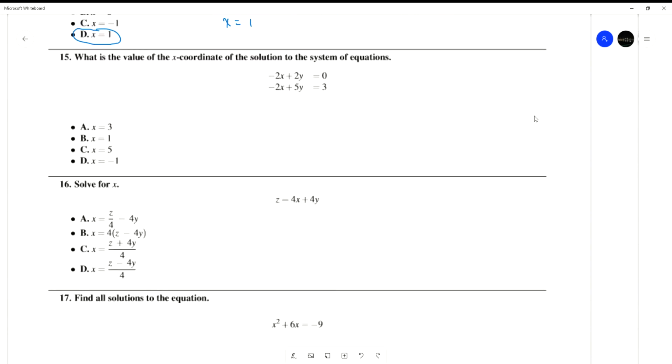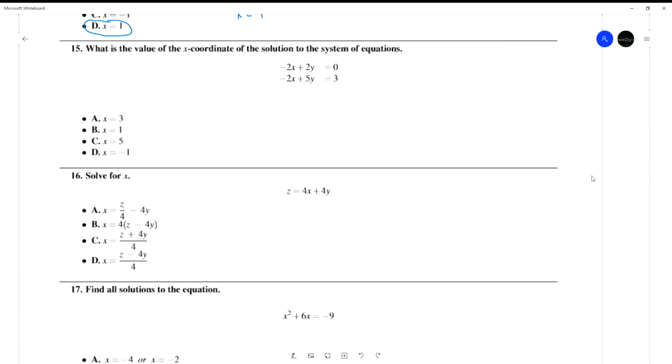Alright, 15. Are you doing this on the calculator? If you have it, you might as well use the system of equations solver, right? Okay. Are you doing it by hand or on the calculator? Okay. So